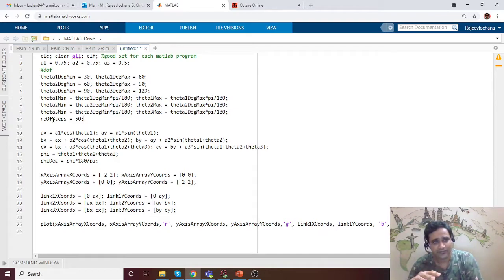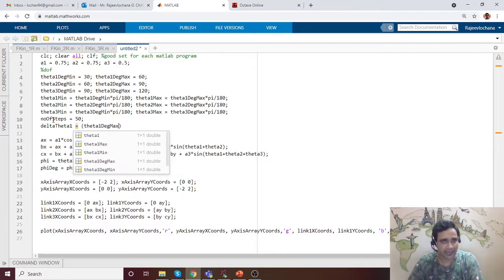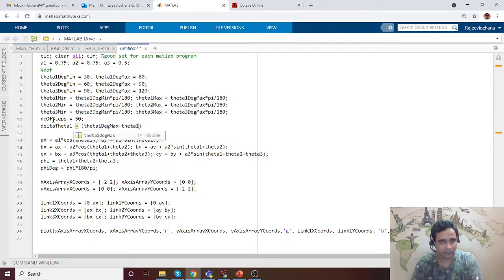One of the ways is you get the delta increment. So what should be the delta increment for theta 1? Incremental motion. Similarly for theta 2. Similarly for theta 3. Delta theta 1, delta is small, is going to be theta 1 degree max minus theta 1 degree min.